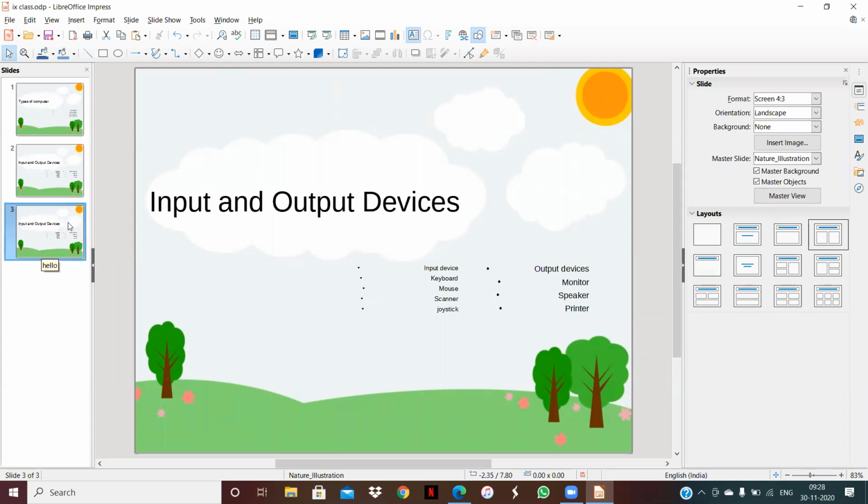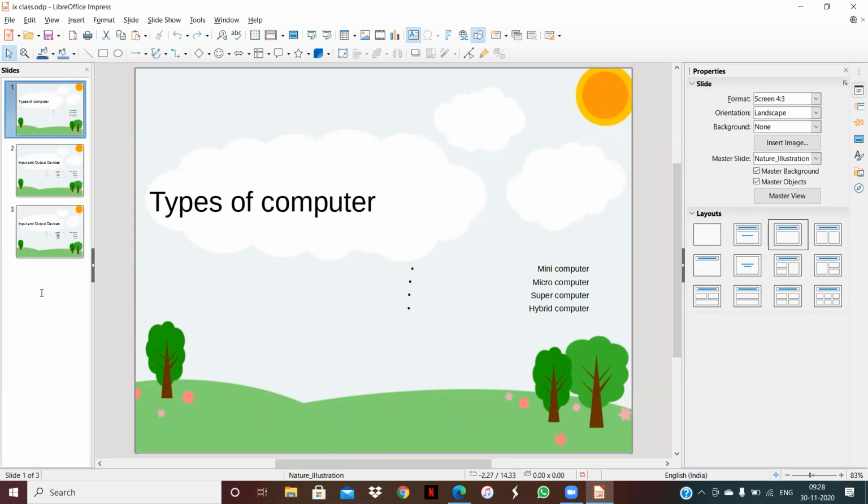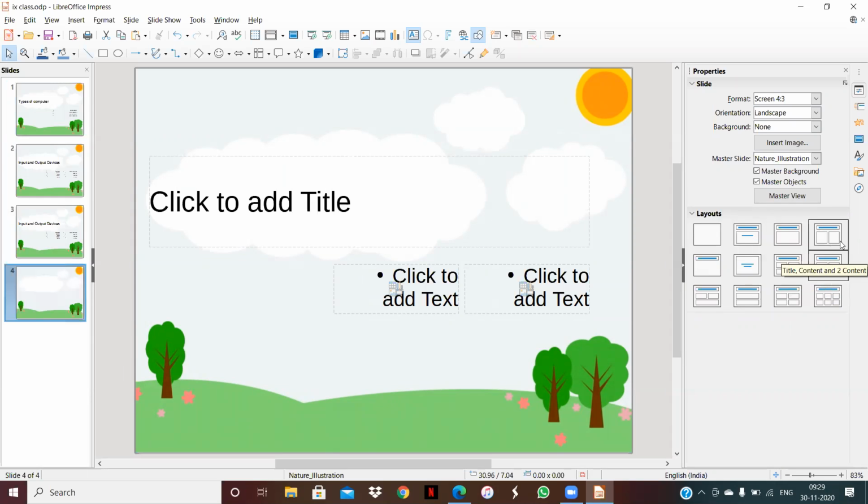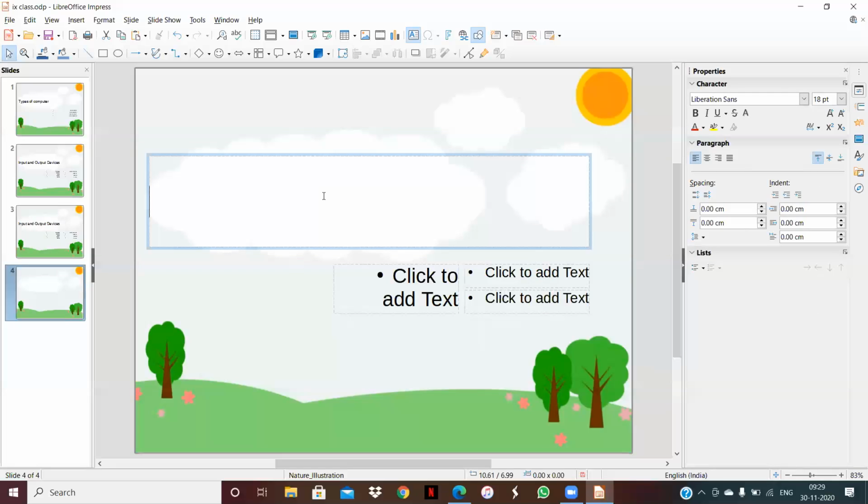Next is enter text into auto layout text boxes. It means these are the text boxes and how can we enter the text. Suppose I want this slide layout. I want to create a new slide here and I want to select this layout. Select the layout and then write down your content here.